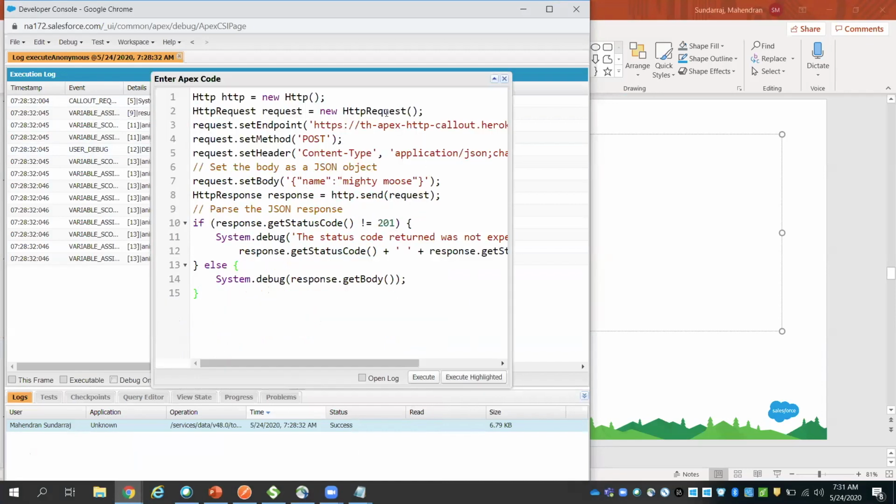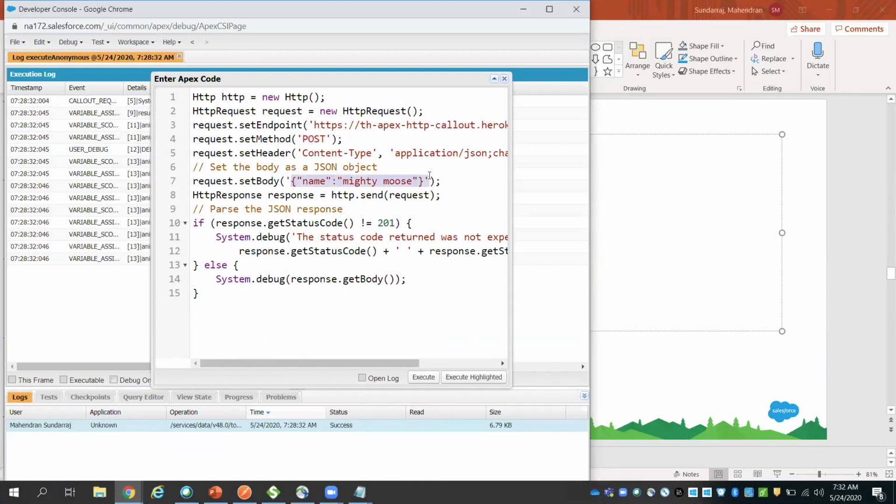So the same HTTP request. Here is a third-party endpoint URL, and the best practice is you need to pass it as a variable instead of passing it as hard code. Sometimes you need to get this kind of URL dynamically. So here is the POST method you are seeing. Earlier we have seen GET method, and the header is JSON format we are sending, and here is the body.